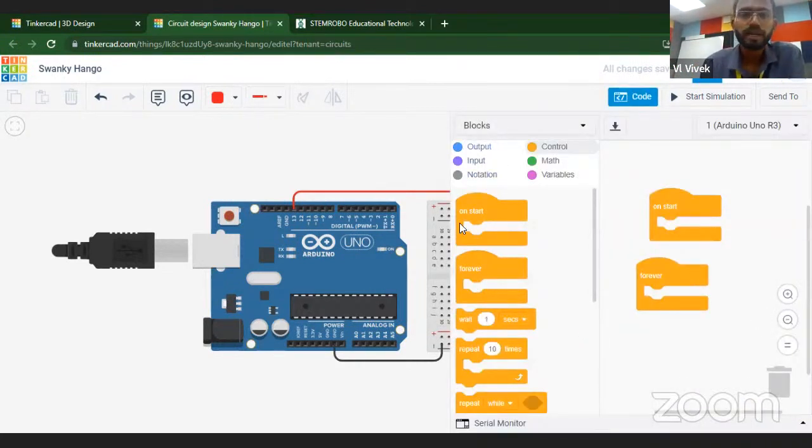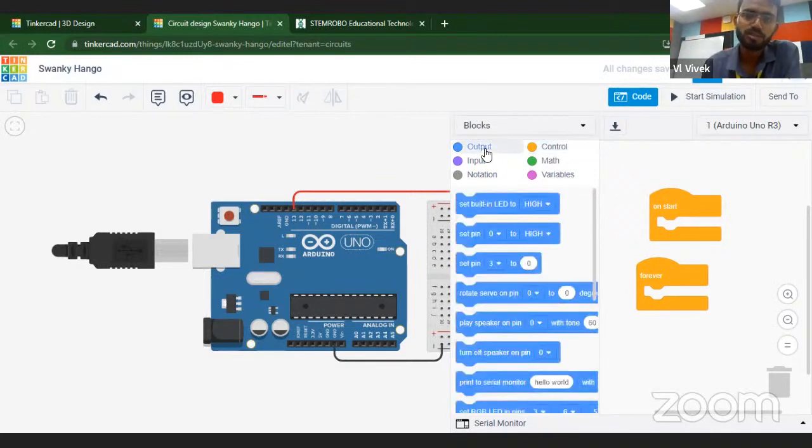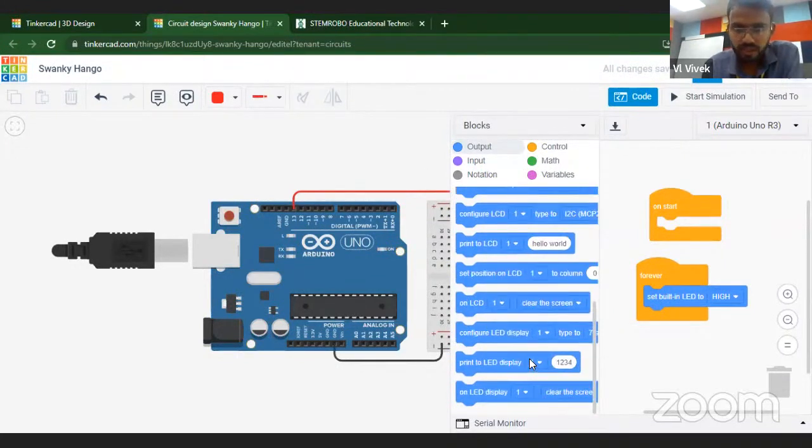But now in case of LEDs, here we have 6 types of blocks. First is output, control, input, math, notation, and the variables. So as you know very well, LED is the output device, so we will click on the output option and we will drag the first one, second one, third one, fourth one, which block we will use. So we will click this one option. Okay, and we also take the,